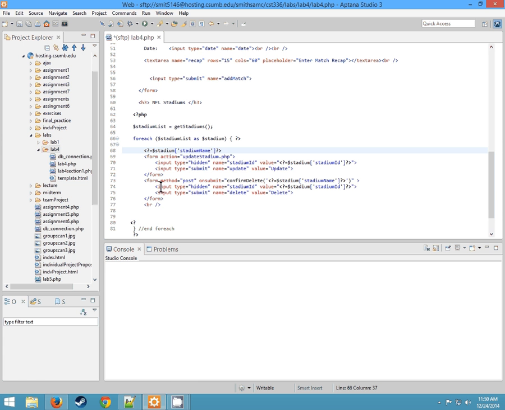And then next we create two different buttons, essentially, these two different buttons. First, we have this form action is going to send us to update stadium.php. We haven't created this file yet, but you will soon. So right now, if you were to click the button, it's going to take you to a 404, but that'll get fixed eventually. Second, there's going to be input type hidden. So this the user can't see. If we were to inspect the element in the browser,